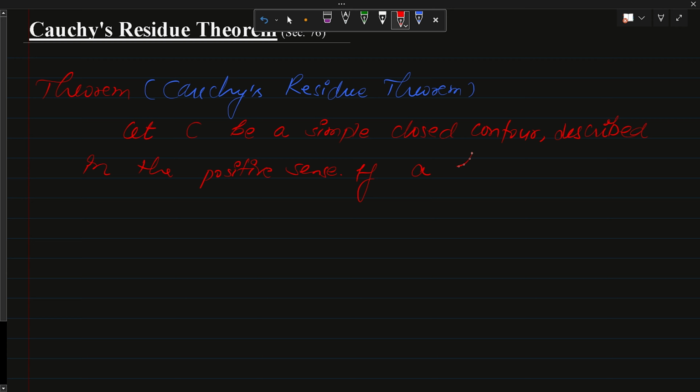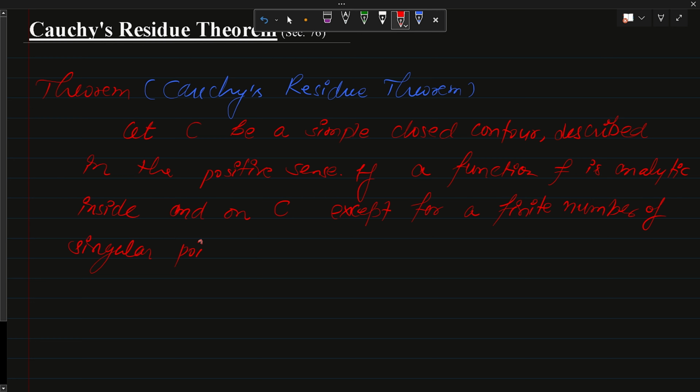If a function f is analytic inside and on C except for a finite number of singular points, that is z_k, where k could be 1, 2 and any finite number, inside C,